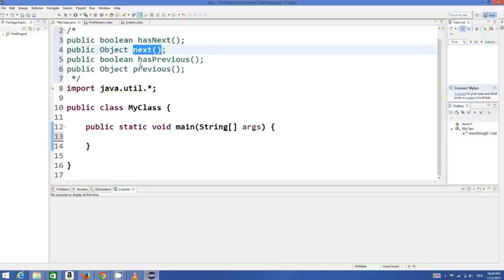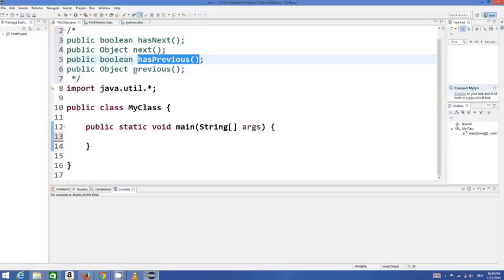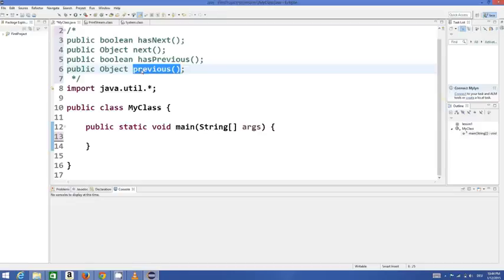And similarly, by using hasPrevious, it checks whether our list has a previous value relative to the current value, and if it has the previous value, then we can print or access this value using previous. So let's declare an ArrayList